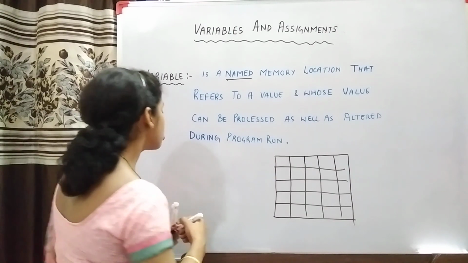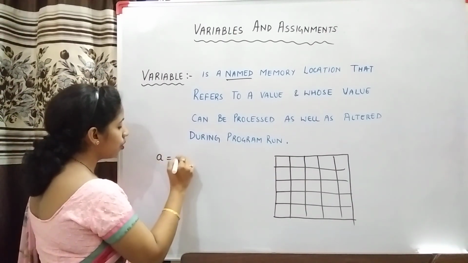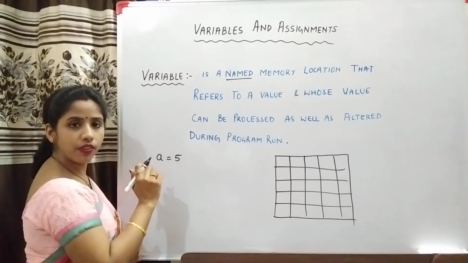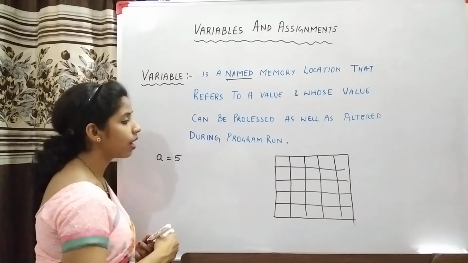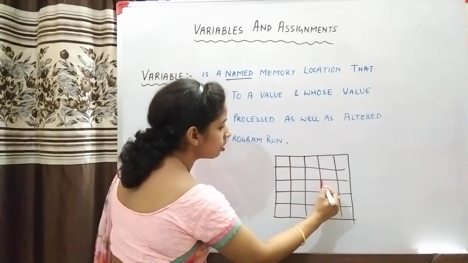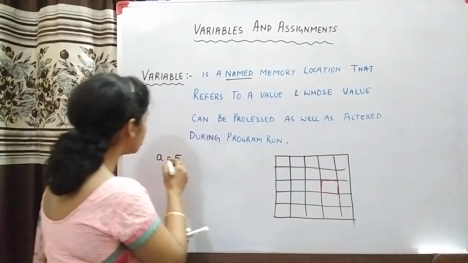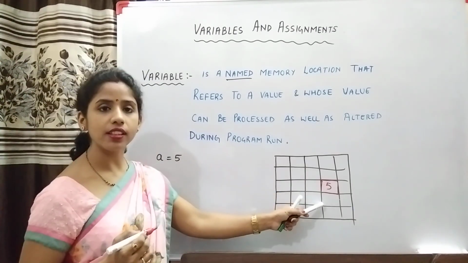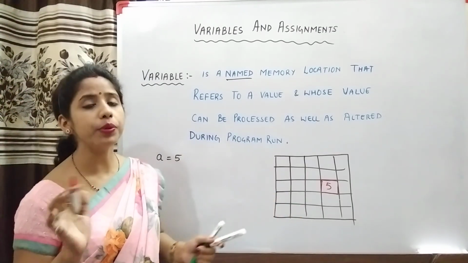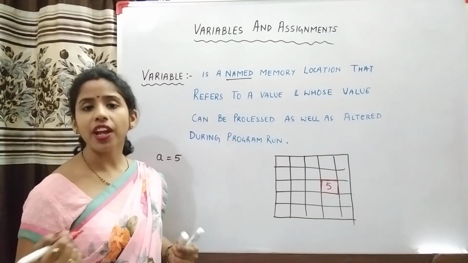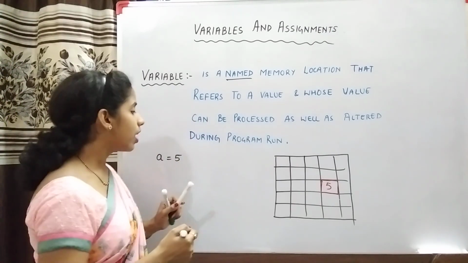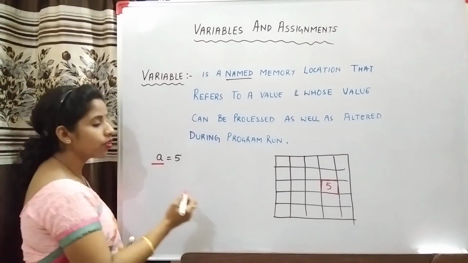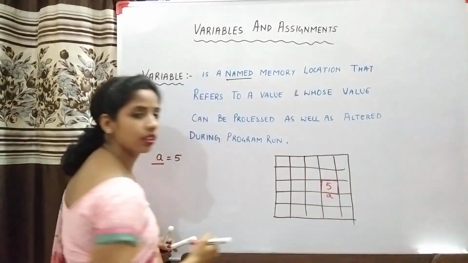as per your requirement, that is, using identifier naming rules. Suppose I take a variable a with value 5. This means that the variable a is storing value 5. So there will be a memory location in RAM. Suppose this one is free right now. This memory location is assigned to my variable to store the value 5. So 5 is stored at this place. Now I won't be using the memory address of this location in my program. Rather, I'll be giving a name to it, and the name I have given to this location is a.